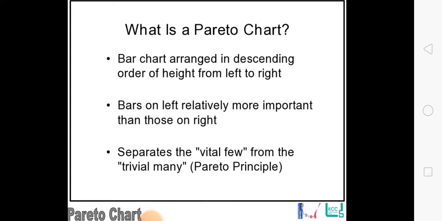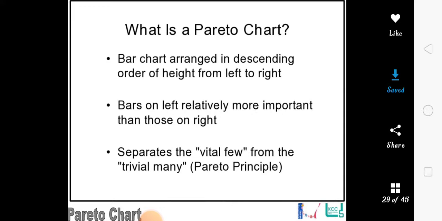The Pareto chart is a specific type of bar chart. It is a bar chart arranged in descending order of height from left to right. This Pareto chart is a special type of histogram. It is generally a histogram that can easily be applied to find and prioritize quality problems. On the other hand, it is a type of bar chart that shows the relative importance of variables, in descending order from left to right side of the chart.